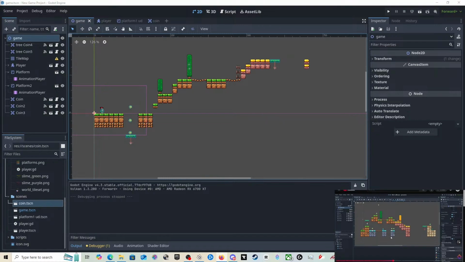To do this, we can use the ruler tool here at the top, or simply press R and measure from this baseline here to where we would like the limit of our camera to be. I think a good value would be somewhere around, say, 120. So I'll simply go back to select mode and put in 120 pixels on the bottom. I'm also going to enable smoothing, and now when we play, we can see that our camera will follow the player, but whenever we fall off, it's simply going to stay put. Next, we need to detect that our player has entered a dangerous area and restart the game.